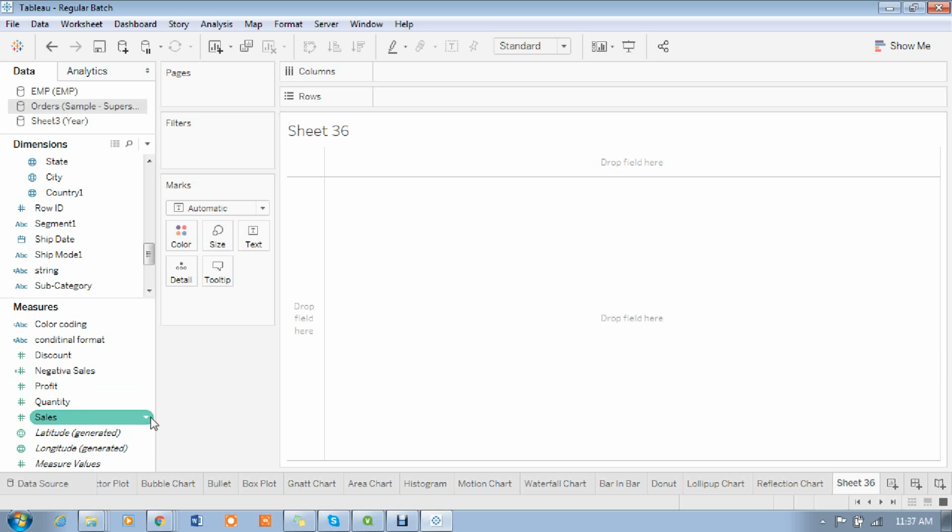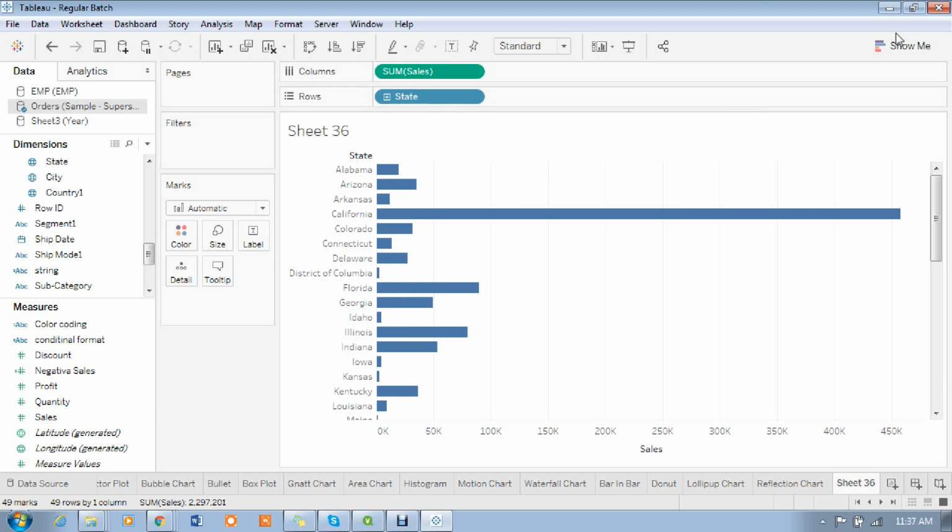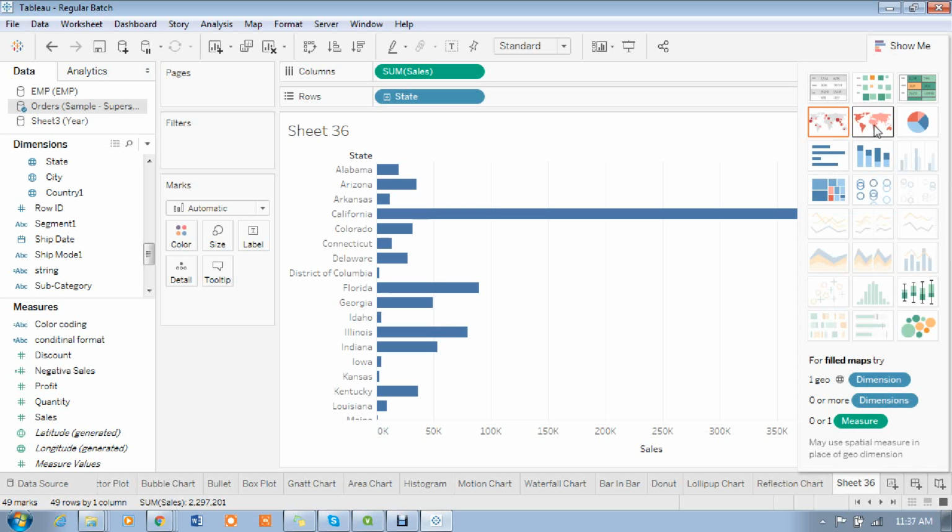Longitude, latitude values also. If I say country here, simply I drag a country here. If I say sales here, now these are enabled, madam. See, these two are enabled because state is a geographical field.